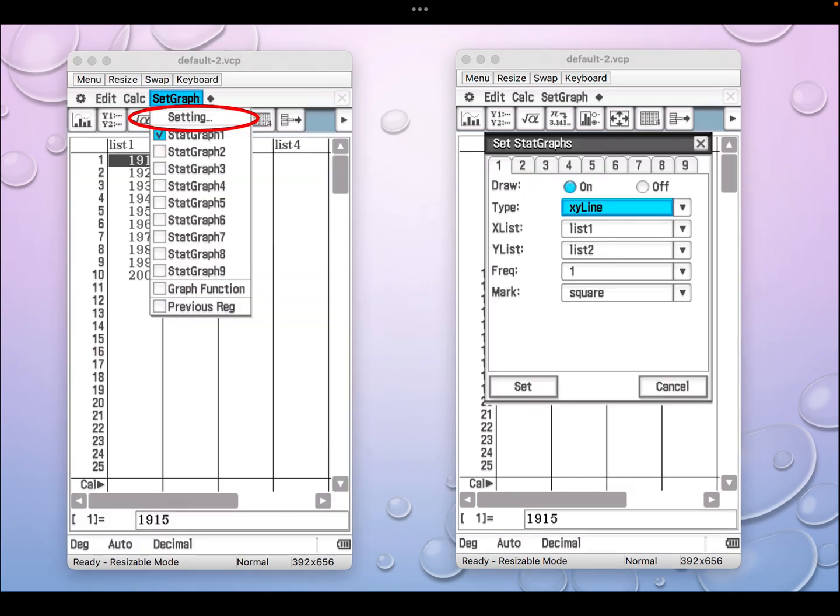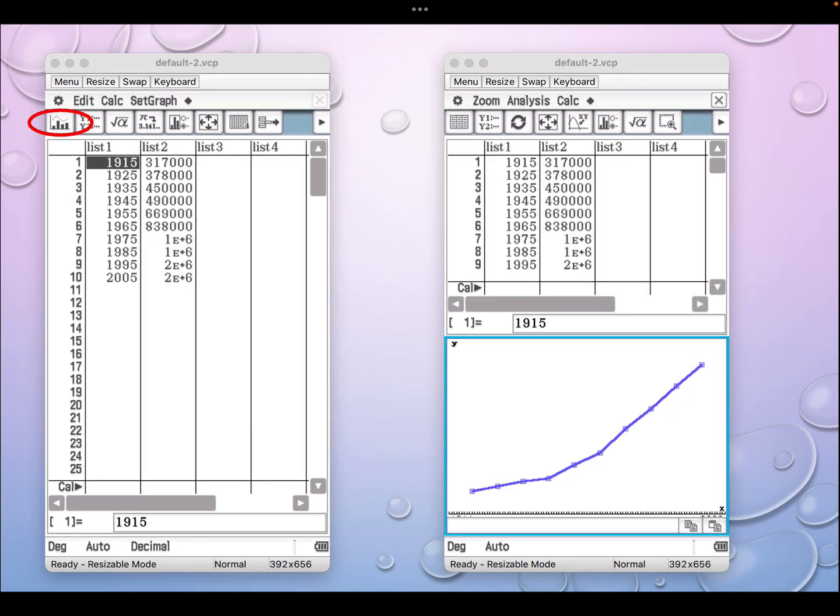All right, once you've done that, I would like you to go to Set Graph, and under Setting, click on Stat Graph 1, and then make sure that the type is XY line. Of course, the X-list is list 1, which is the year, and the Y-list is the population. Okay, and make sure that you tap on Draw On. Now, let's go to the next step. Once you put it in, tap on this column graph button, and you will see that a graph will appear,